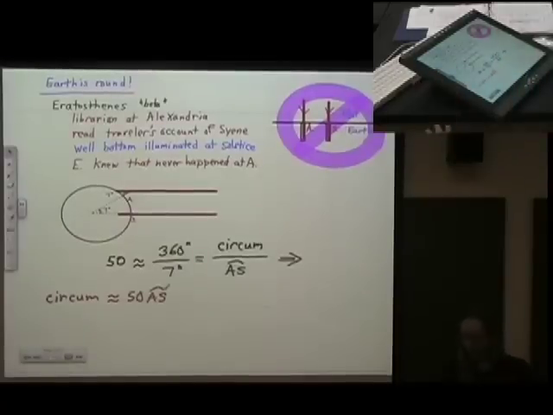So Eratosthenes looked up the distance between Alexandria and Syene on Google Maps, plugged in, and oh no, Google Maps was not available. So this is actually kind of a problem. How do you find the distance between two cities 2,000 years ago? Now, historians are not sure. They did know that armies needed to march from city to city, and if you're marching an army of 1,000 men from one city to the next, you need to know how long it's going to take, because you need to know how much food to take.